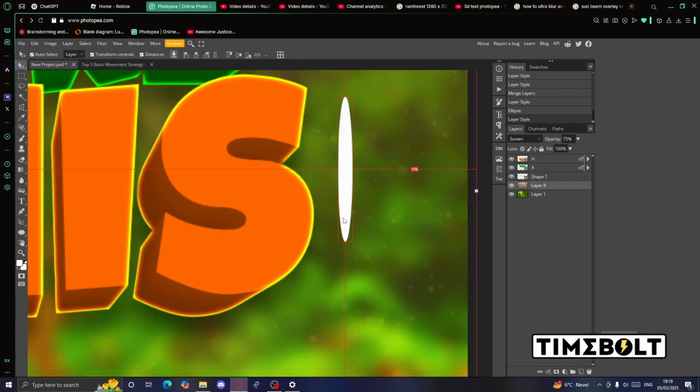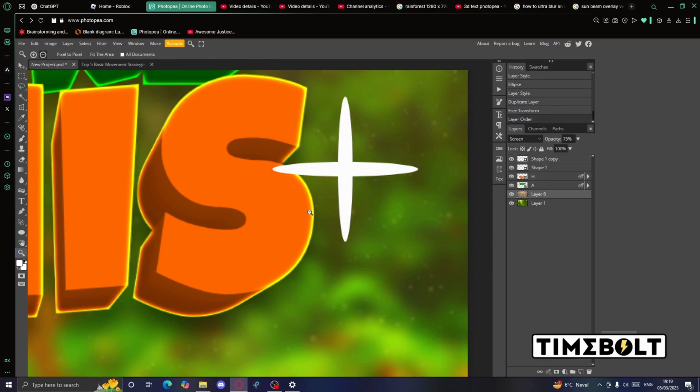And then once you have a little spark that looks good, I mean, you actually won't know it looks good until you have the horizontal version. But anyway, in order to get the horizontal version, just Alt and drag and then Control Z to put it back in its place, and then just rotate it 90 degrees, and then you have your second spark thing.